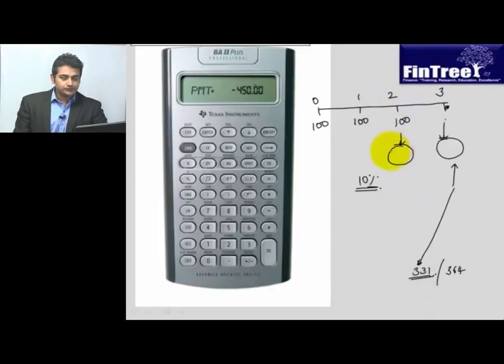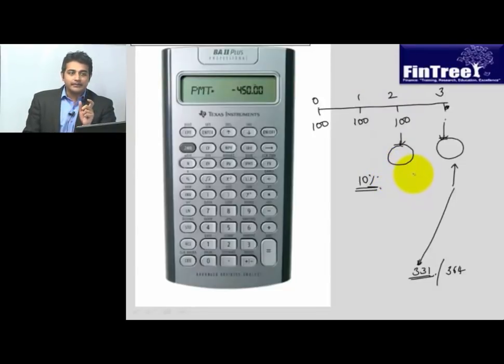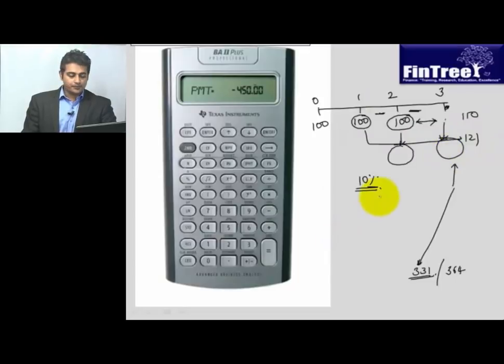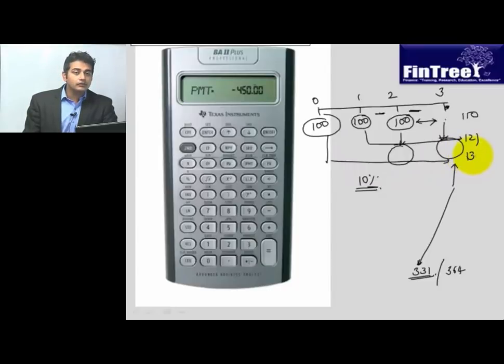Okay, let's understand the logic here. I'm sure you remember that in the earlier case, in a similar problem, the answer was 331. Though it is not exactly the same, it was similar. What is the difference? This 100 that you have invested at time 2, by the end of year 3, how much will it become? It will be 110 because you would get interest for 1 year. This 100 that you've invested here, you would get interest for 2 periods, so this will become 121. And this 100 that you've invested here has been invested for 3 periods, so this will be 133.1. The total of all these payments is